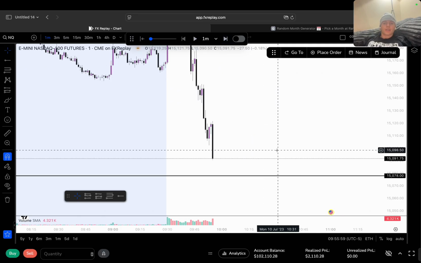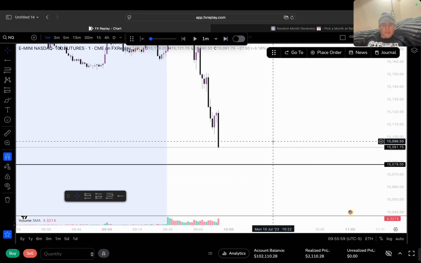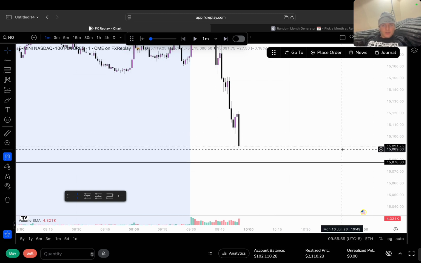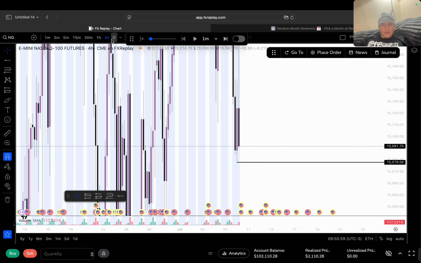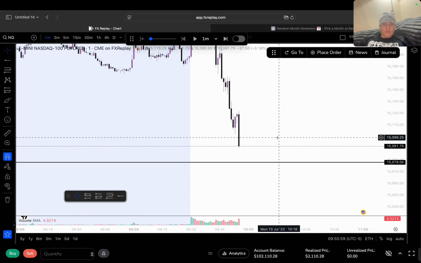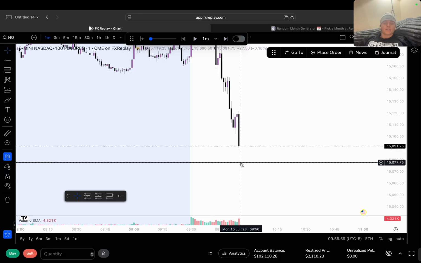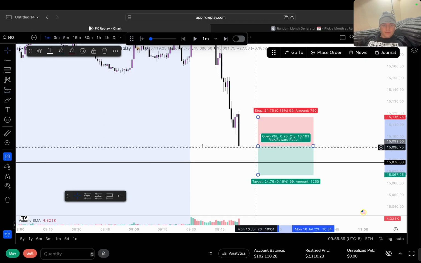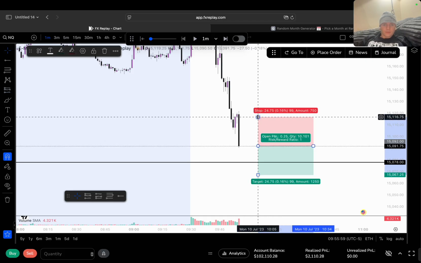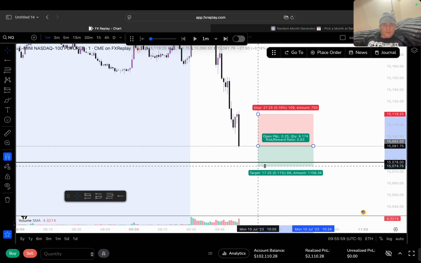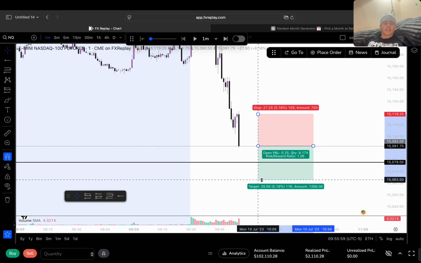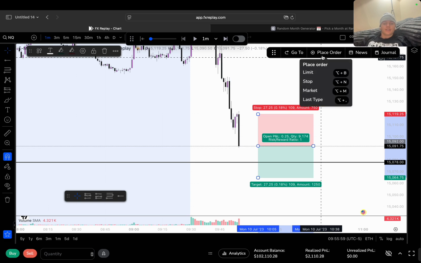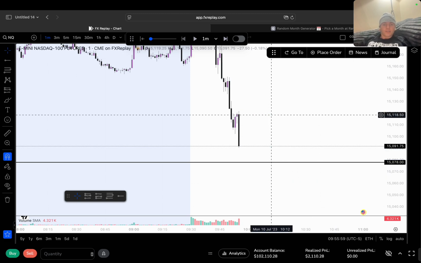Oof. So in live market, I probably would have tried to enter mid candle there. This is kind of one of those scenarios where I can't get one R to R. So I would have tried to enter there because I'm pretty confident it's going to go down there. But it just wouldn't really be worth it. No, I'm not going to do it, but I think it would have hit.